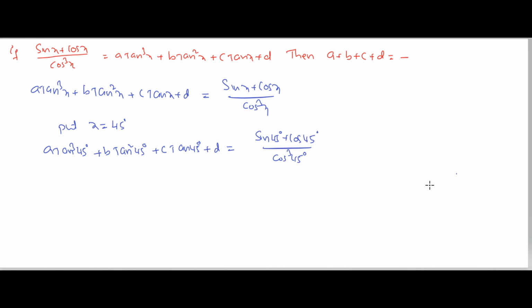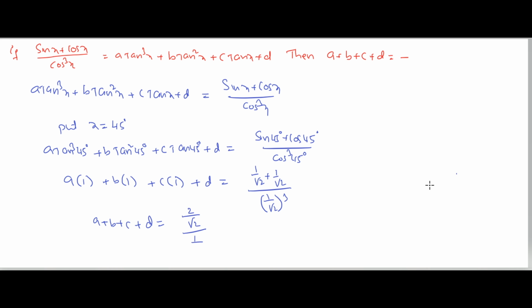Tan 45 degrees is 1, so a into 1 cube is a, b into 1 square is b, c into 1, plus d is equal to (1 by root 2 plus 1 by root 2) by (1 by root 2) whole cube. That is, a plus b plus c plus d is equal to (1 by root 2 plus 1 by root 2), that is 2 by root 2,